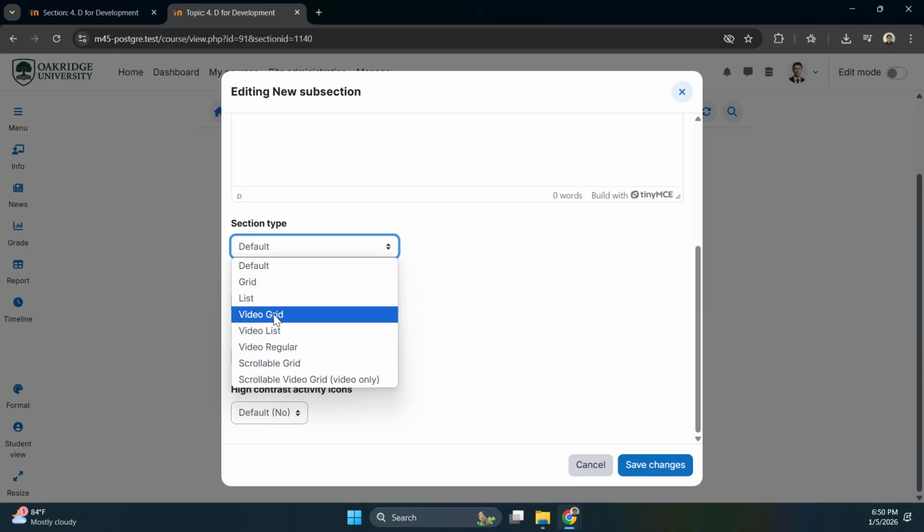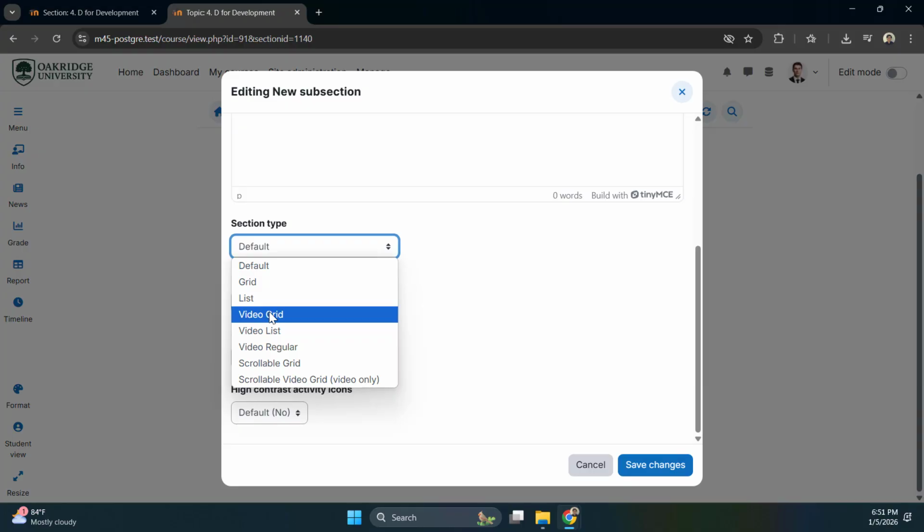So the difference between a video grid and grid here is that if you use grid, all activities, including interactive video, say page, file, resource, all activities will be shown as grid. If you choose video grid, that means only videos is shown as grid. The other activities beside interactive video will be shown as a regular